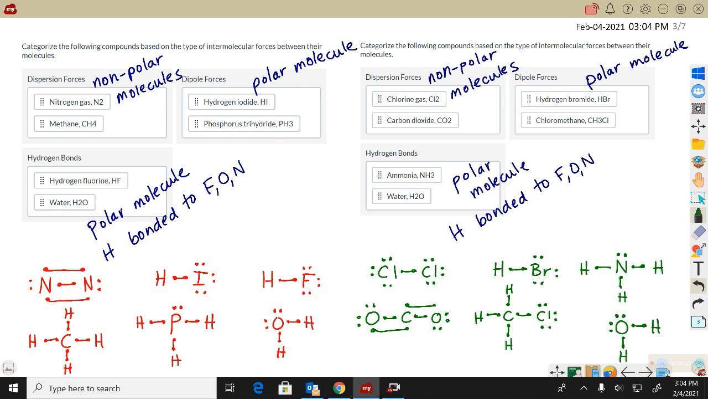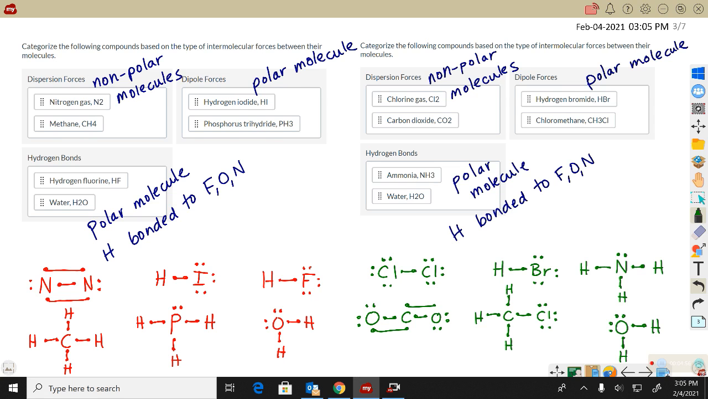So the HI and the HBr were both polar. I had phosphorus trihydride was polar because it had a 4th electron group. It was kind of like a tetrahedron, but I'm missing one of the spots. Similar to the chloromethane, it's like a tetrahedron, but I don't have equal poles around my central atom. But in hydrogen bromide, chloromethane,